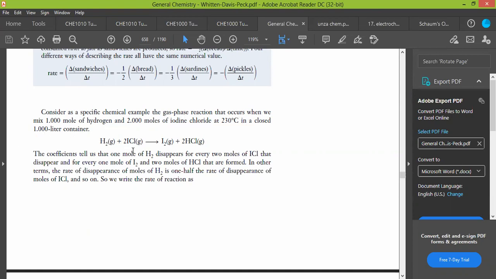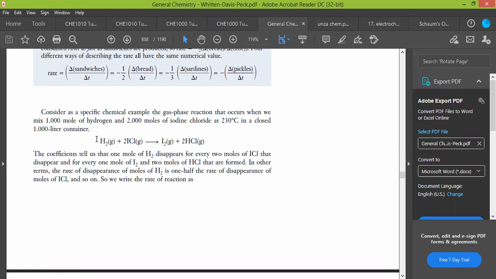So hydrogen reacting with iodine chloride to give you iodine and hydrochloric acid. This is the reaction. Now look at the way it's happening. 1 mole of hydrogen is reacting with 2 moles of iodine chloride to produce 1 mole of iodine and 2 moles of hydrogen chloride. So what it is here is that if you want to calculate the rate of this equation,